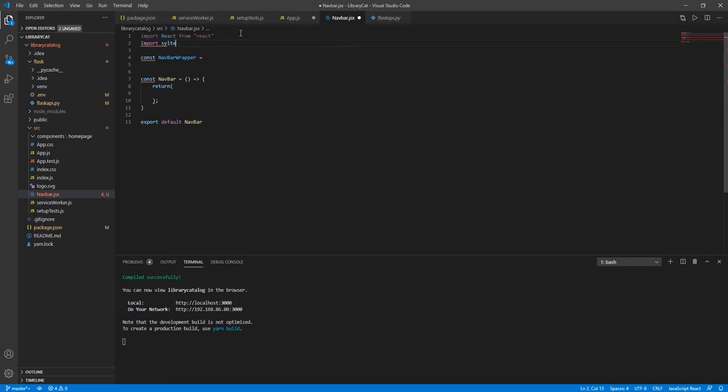Import styled from styled-components. So that looks pretty good. Maybe this is going to go styled.div,